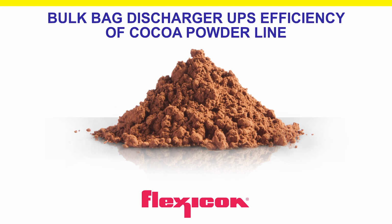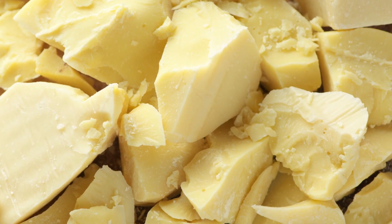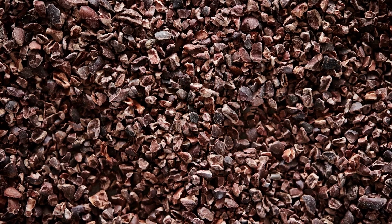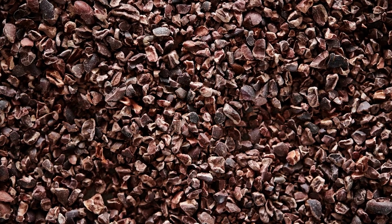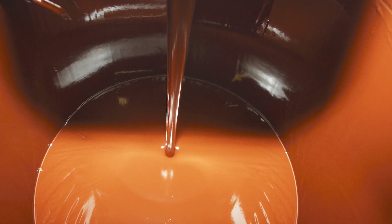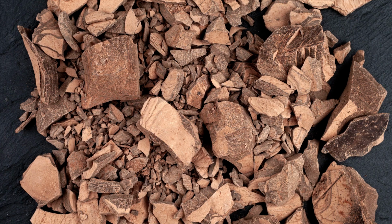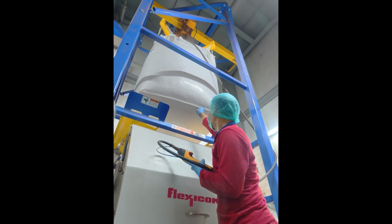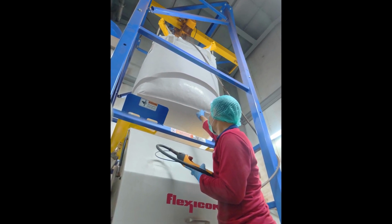JB Cocoa of East Java, Indonesia produces cocoa butter, cocoa powder, and cocoa mass from cocoa beans, up to 50,000 tons annually. The process involves grinding of cocoa nibs into a liquor that is compressed to yield cocoa butter and crumbled cocoa press cake. To move the press cake hygienically from bulk bags to storage silos, the company installed a